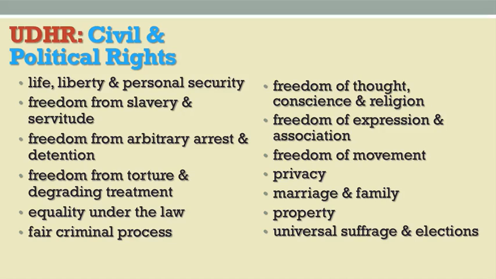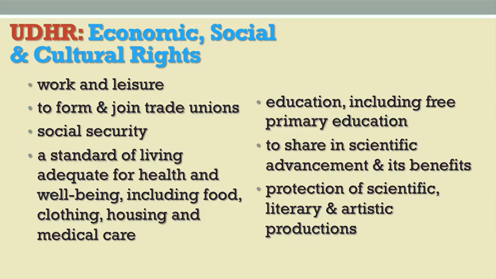For now, take a look briefly at the different lists or types of rights that appear in the UDHR. Here are civil and political rights, which are largely negative liberties that require the government to refrain from acting. The next set of rights are economic, social, and cultural rights, which require the government to engage in some kind of affirmative conduct to meet a minimum essential baseline of human needs in particular areas, such as those in housing, health, food, and so forth. And finally, limitations and duties.